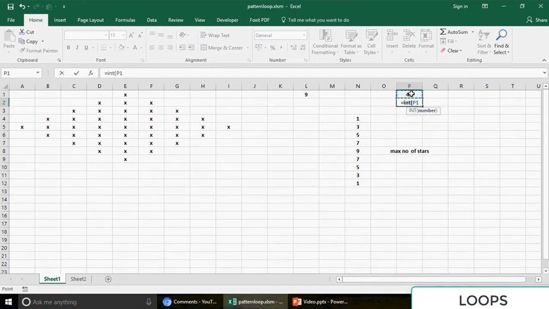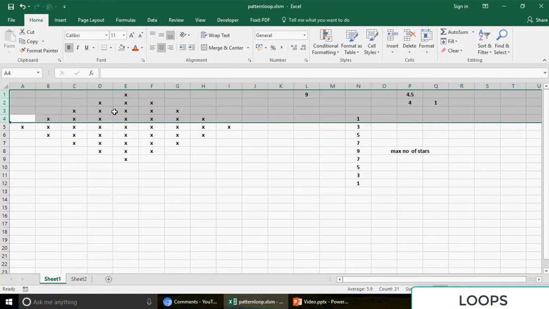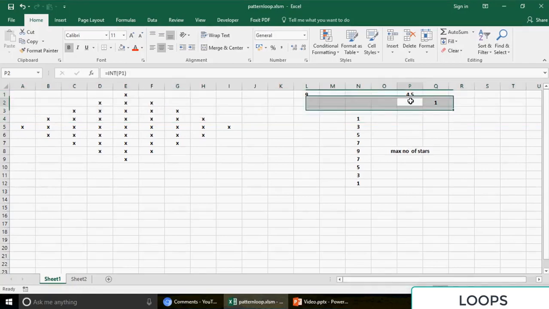If I write int and select this P5 and press enter, you see I would get 4 here. Now to the 4 I'm going to add 1, because I want to start from the 5th row. This 4 is going to cover these rows; as you can see, we have the 4 rows above. So if I add 1